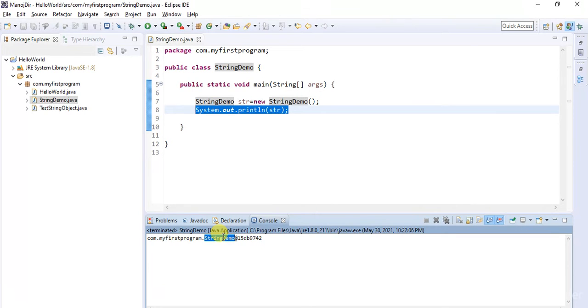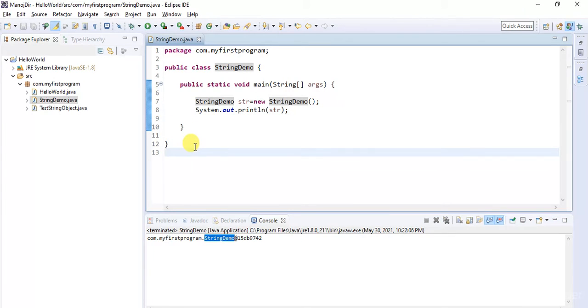This came because we haven't overridden the default behavior of toString. Rather, we have gone with the default method. So let's try to achieve the same in this example.